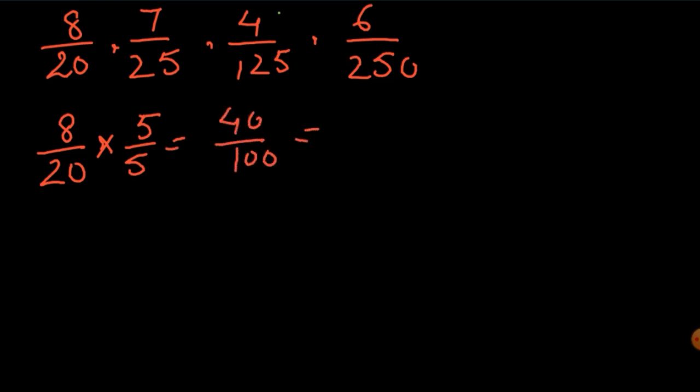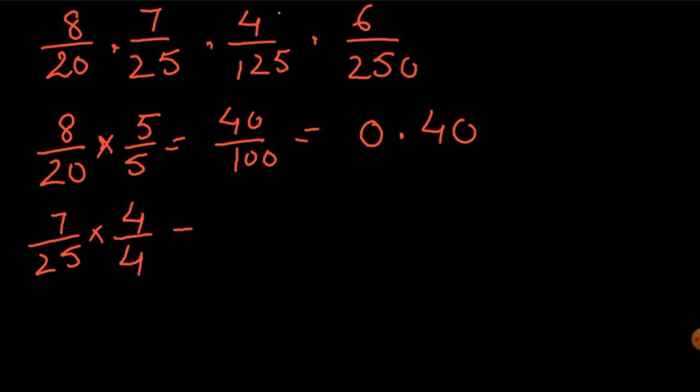So this is 40 upon 100. Now to convert 40 upon 100 into decimal, it will be 0.40. Now 7 upon 25. In class 5 also I told you to learn the table of 25 up to 4 because we need it. 25 ones are 25, 25 twos are 50, 25 threes are 75 and 25 fours are 100. Those who don't know the table, do learn it. It is 28 upon 100. Now how many places? 1, 2, so it will be 0.28.